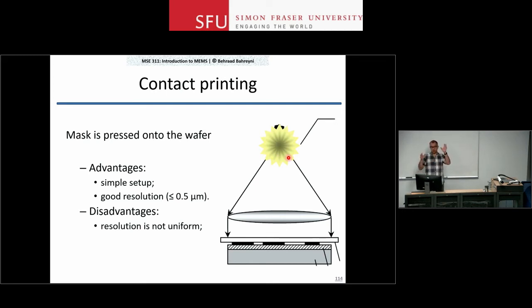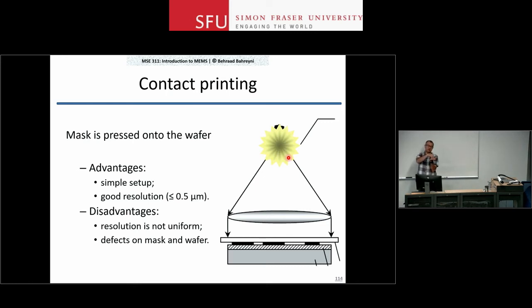And no matter how good your lithography, how good your optical system above the mask is, you can have a little bit of variation between the features that are at the corner of the wafer compared to the ones that are closer to the center. So that could be one problem. The other problem is that because the mask and wafer are touching each other,